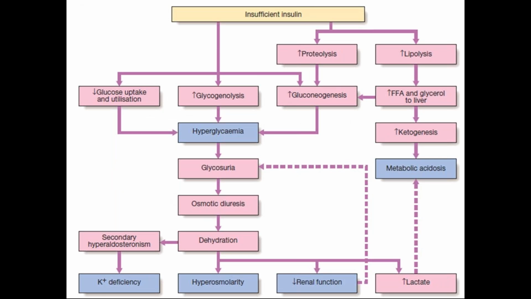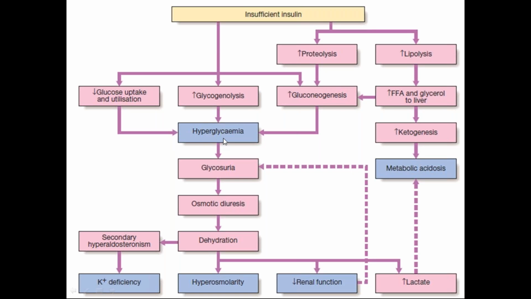So this is the flowchart that shows the metabolic abnormalities that occur in the case of insulin deficiency. When there is insulin deficiency, there is decreased glucose uptake and utilization, leading to hyperglycemia. There will be increased glycogenolysis, increased proteinolysis and increased gluconeogenesis, and all of these lead to